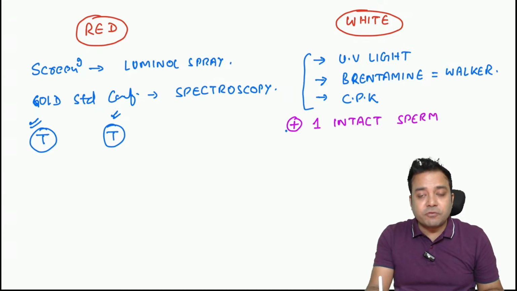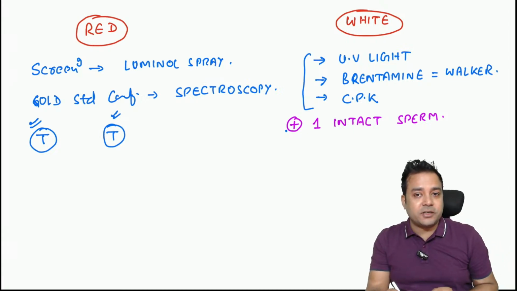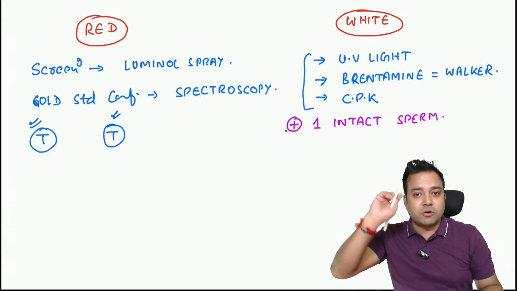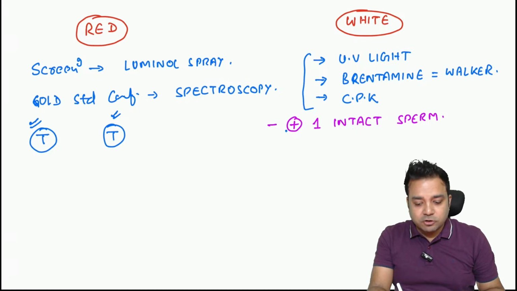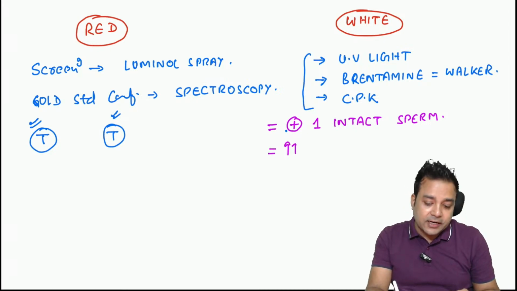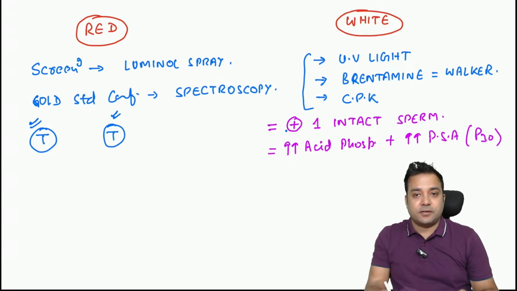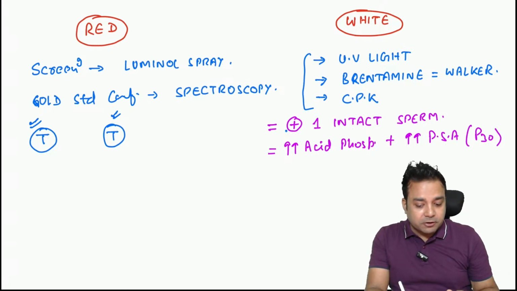But in cases of aspermia, now the gold standard confirmatory cannot be sperm, because the spermatozoa is already absent there. So aspermia में gold standard confirmatory क्या होगा? Raised levels of again acid phosphatase enzyme. Along with this enzyme, raised levels of prostate specific antigen को भी measure कर लेते हैं, P30 antigen. So this is how. And then the microscopic tests are